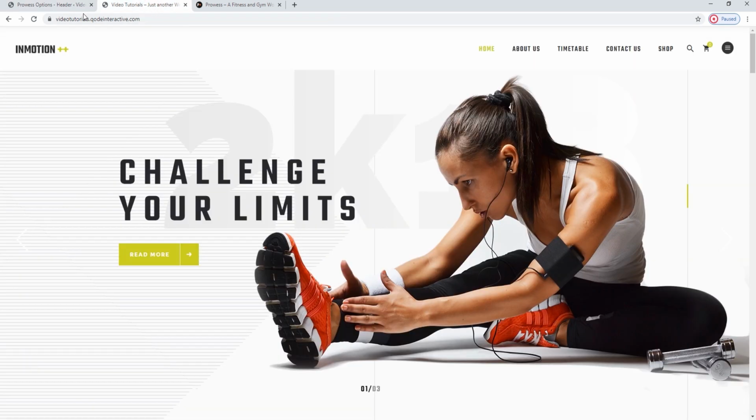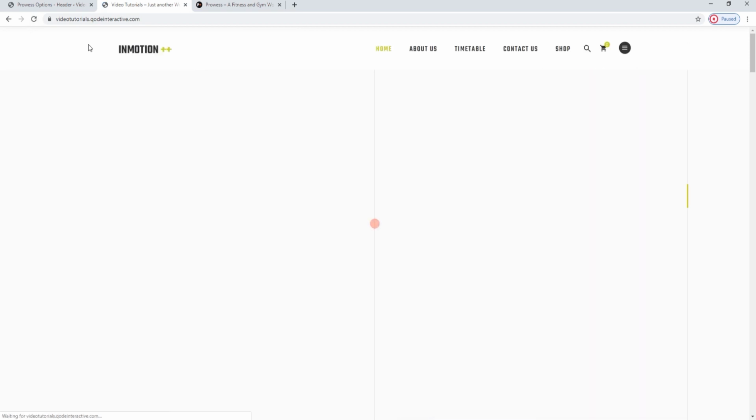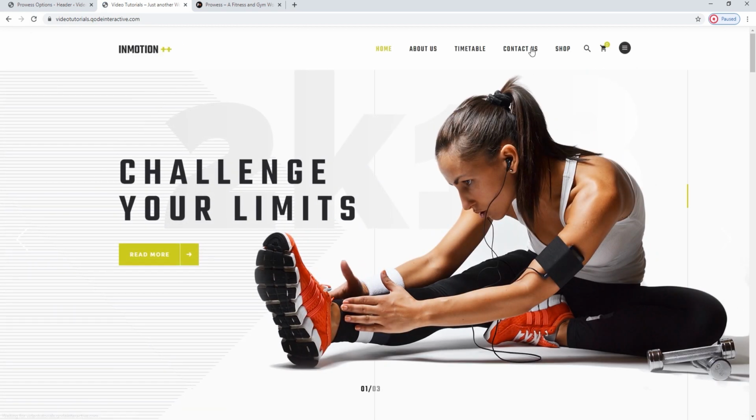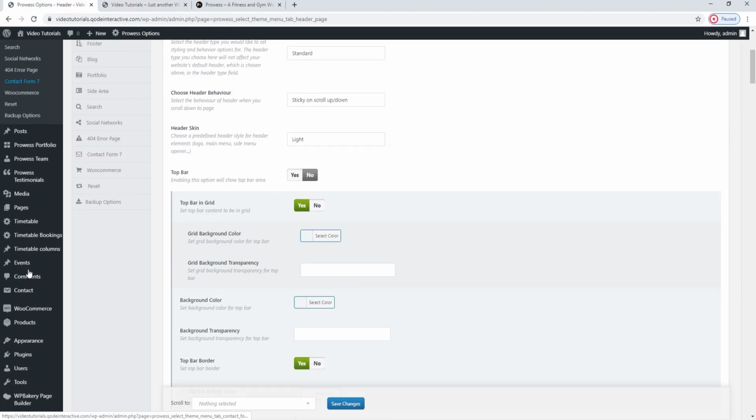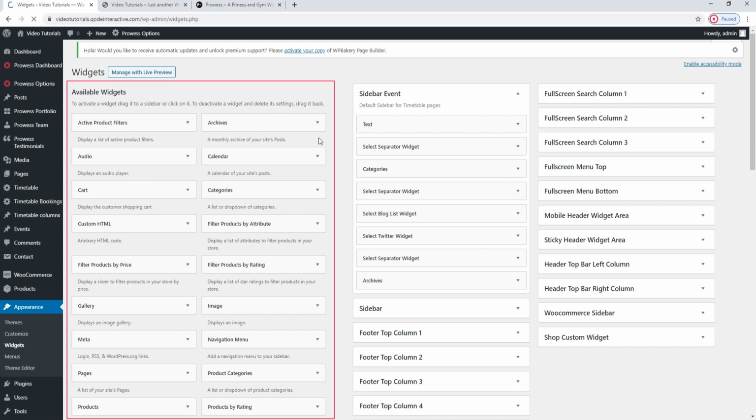The next thing we're going to show you are these widgets. Let me refresh the page because we reverted the menu to grid layout. These widgets were added using the Appearance widget settings in the dashboard. All the widgets you may want to add are located on the left side. Adding them is very simple.